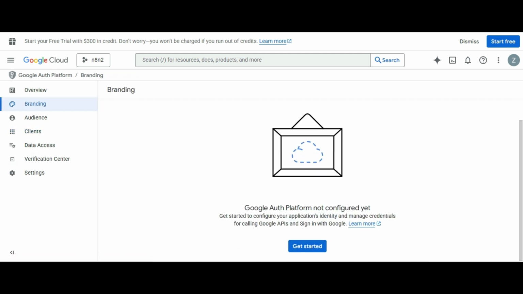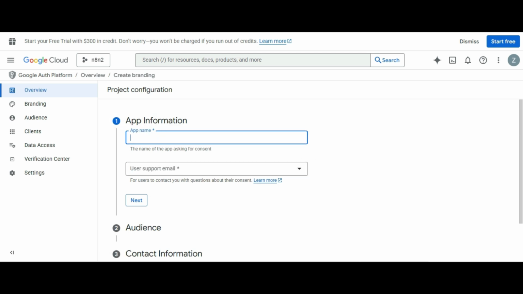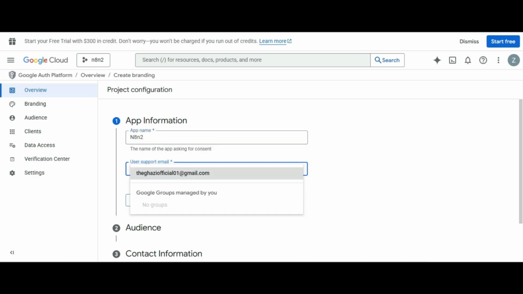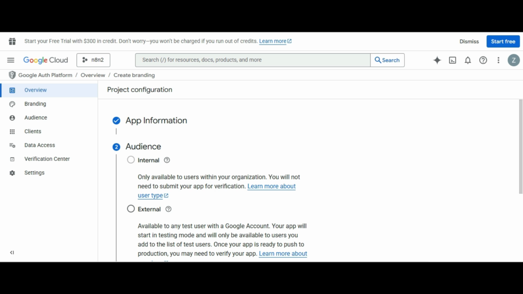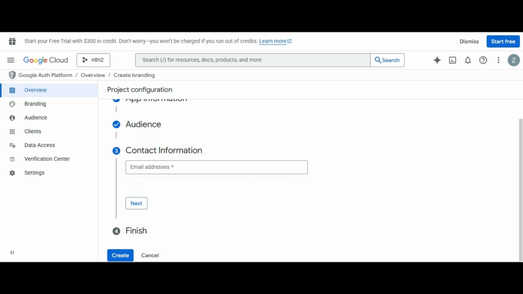So I will click when you see continue, configure account, and then you will receive this. Click on get started, and now you have to create your app. So I will create an app name and support email. You can select your email and click on next, and because we are not a pro account, I will click on external and next, and contact information also the Gmail.